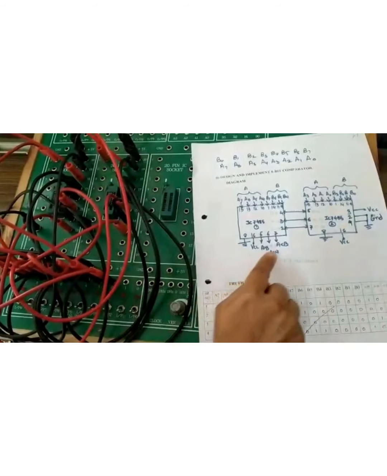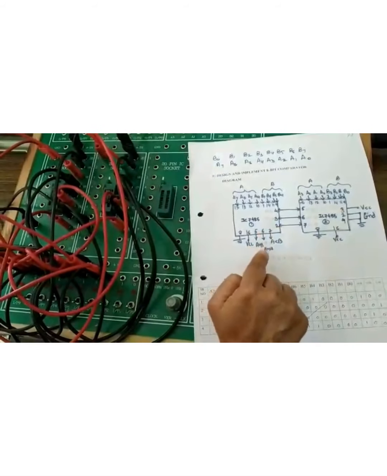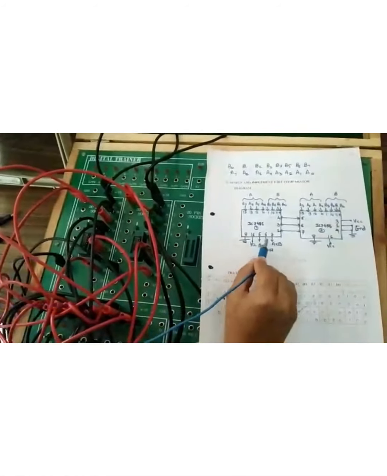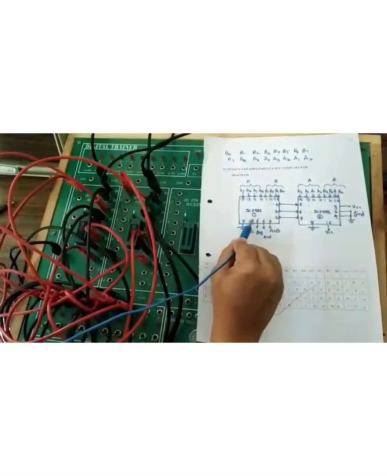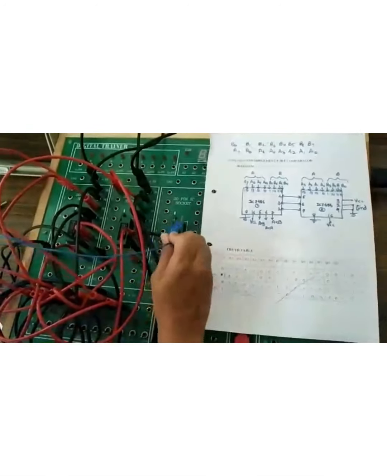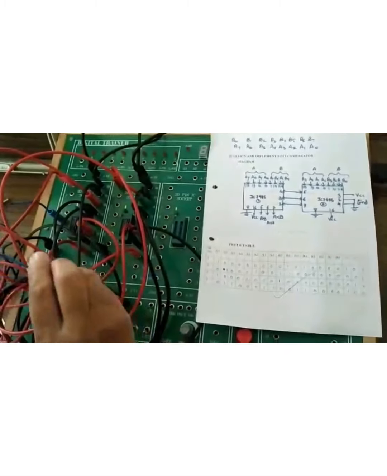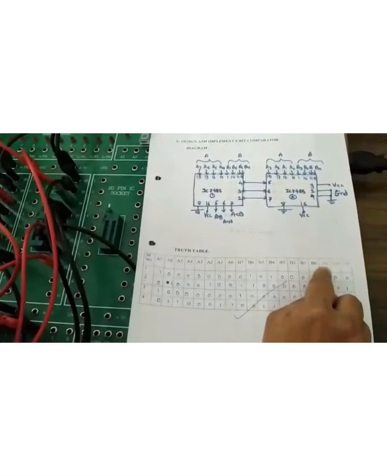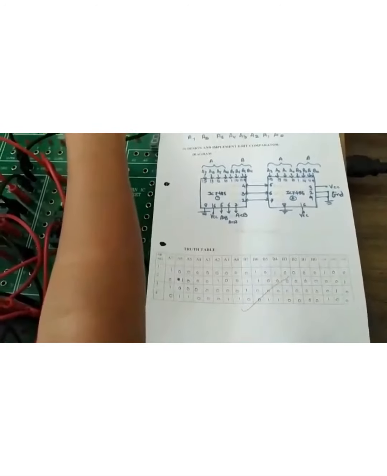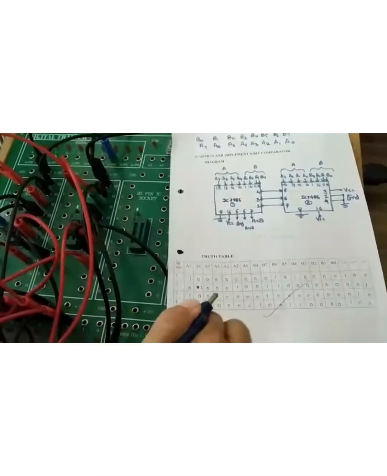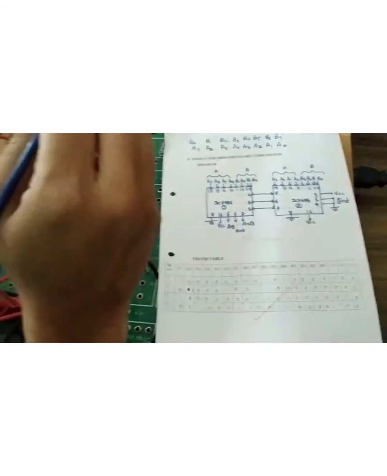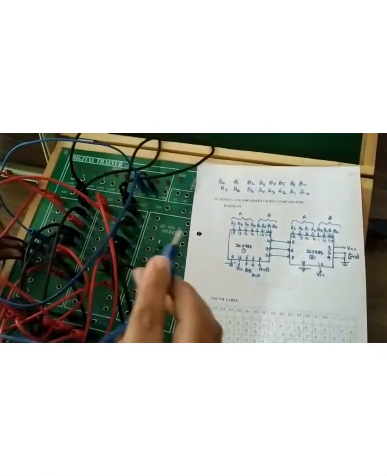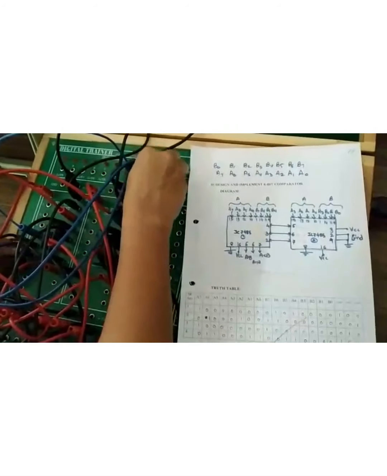Okay, so next are the remaining pin numbers 1, 5, 6, 7. For the first IC, pins 5, 6, 7 are the output pins. Pin 5 is connected as A greater than B. See here in the table also, A greater than B is first, so I am connecting it here. Then pin number 6 is A equals to B, and pin number 7 is A less than B. So these are connected.